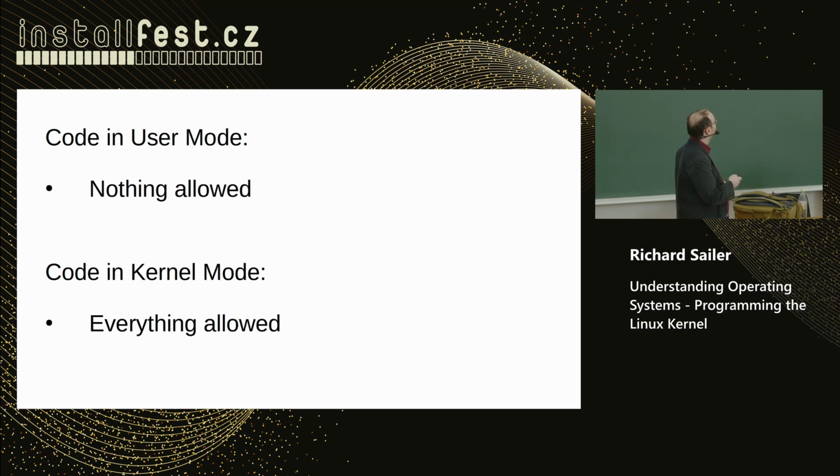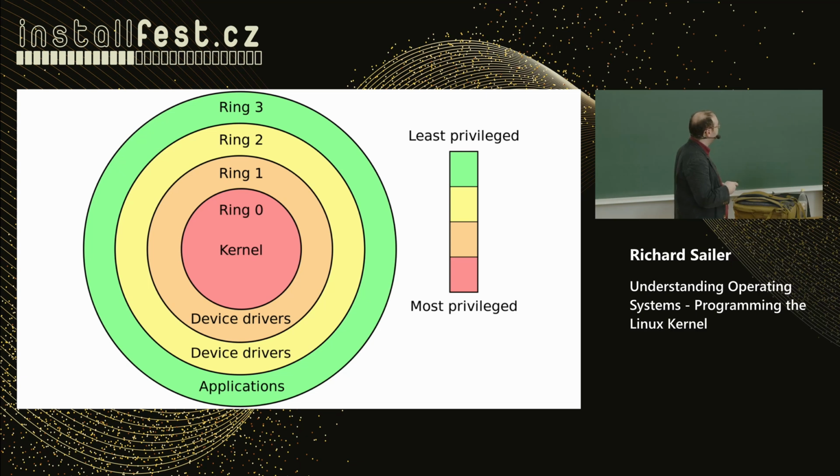Yeah. So what more? Usually, if you are on x86, you have the rings that help implement that. Kernel code usually runs in ring 0 or ring 1, and I think usual application code runs in ring 3. But it differs a bit, and this also depends on if you use virtualization or not, because your VM hypervisor might also use one of these rings. And I did not learn by heart which ring is which one, but the important takeaway is Linux uses such hardware things if it can to realize its separation.